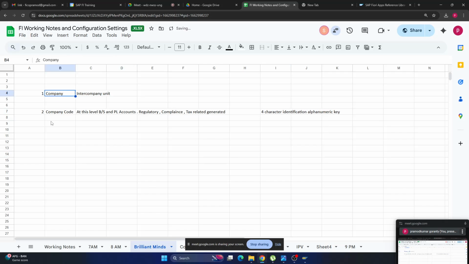But company in SAP means an intercompany. What is intercompany? For example, take one Tata Group. I'm just giving a simple example for better understanding. Tata Group is a major company in India. Under Tata Group we have a number of legal entities. This is called a legal entity. For example, Tata Power Limited, as I mentioned. Take another one, Tata Automobiles